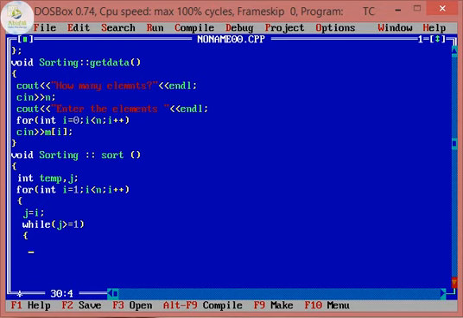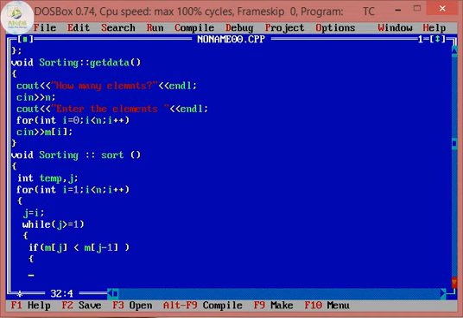So in this, the repetition that we are going to do is, we will compare the element which is present at m[j], whether it is less than the element which is m[j-1].